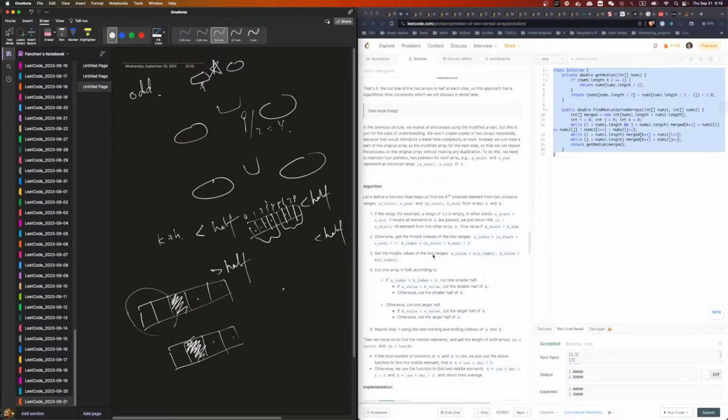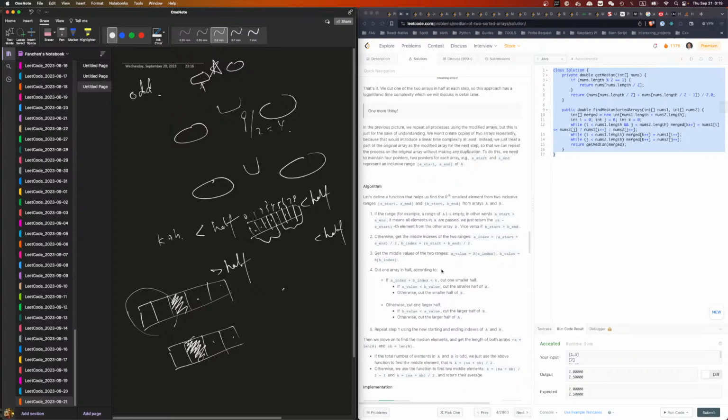Get the middle value of the two ranges, A value and B value. Cut one array in half according to